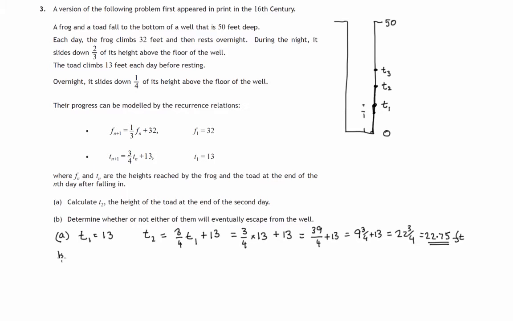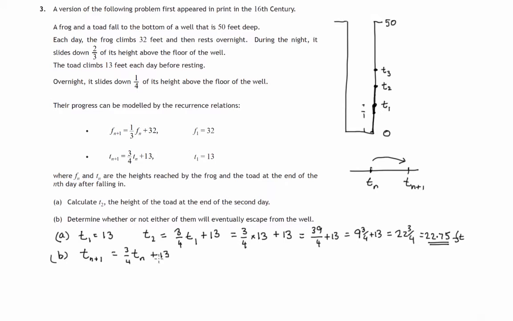Now part B involves discovering what happens in the long run. So we know that to find the height at the end of any of the days, you look back at the height it achieved the previous day, retain 3/4 of that, and then up it goes another 13 feet. Now this recurrence relation, going from the height at the end of day n to the height at the end of day n plus 1,